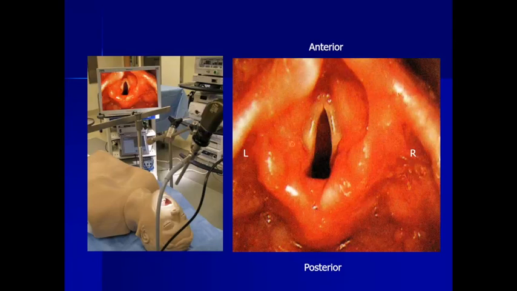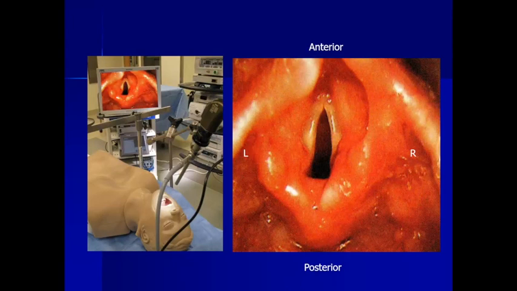So how are these pictures obtained? Well, the surgeon is in the OR doing a direct laryngoscopy. They stand at the head of the patient and then they drop the scope into the larynx. Remember that the right side of the patient is a radiographic left and the left side of the patient is a radiographic right. Here's anterior and posterior orientation. Remember this when you're looking at these pictures. But when you do a direct laryngoscopy, notice that the focal point of the examination is the glottic larynx,